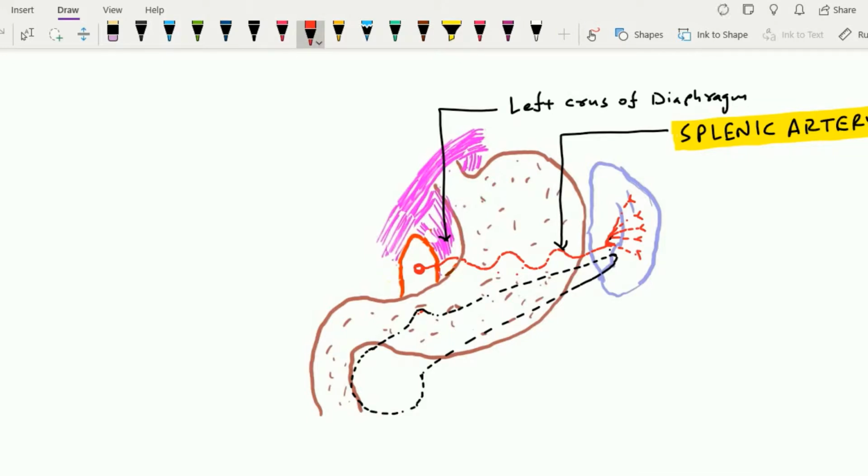The splenic artery, along with the branches to the spleen, also provides a few other branches to the pancreas. These are the pancreatic branches which arise from the posterior side of the stomach and reach the upper part of the body and the tail of the pancreas. And these pancreatic branches supply most of the organ except the head. One of these pancreatic branches is larger and reaches the posterior part of the pancreas, and this larger branch is called the arteria pancreatica magna.